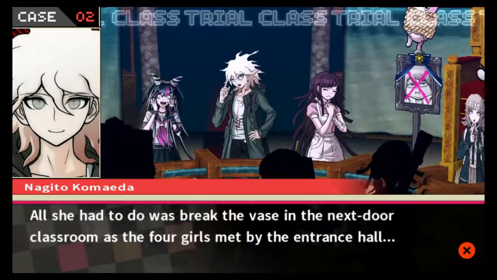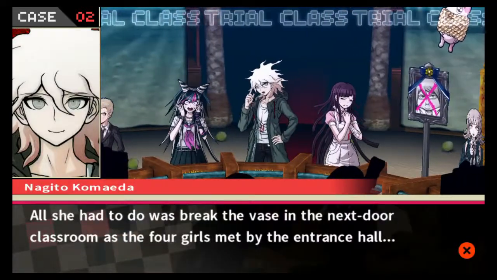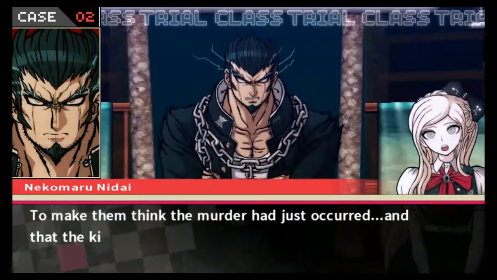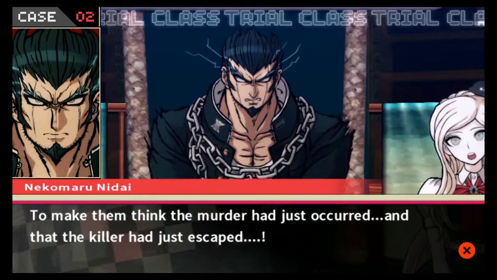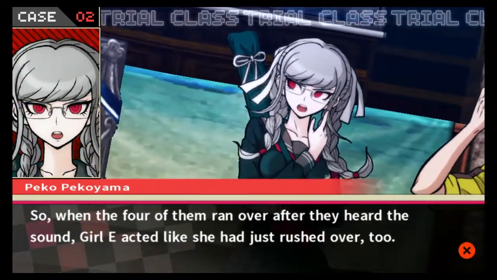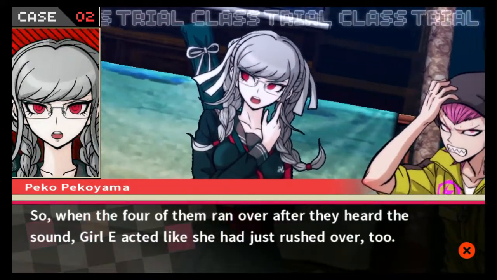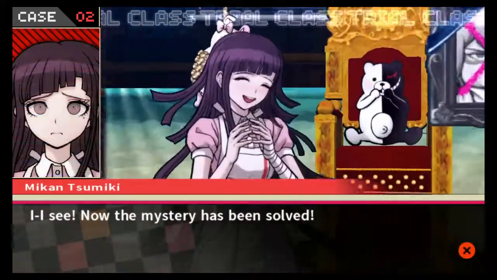All she had to do was break the vase in the next door classroom as the 4 girls met by the entrance hall. To make them think the murder had just occurred and that the killer had just escaped. So, when the 4 of them ran over after they heard the sound, Girl E acted like she had just rushed over too. I see.